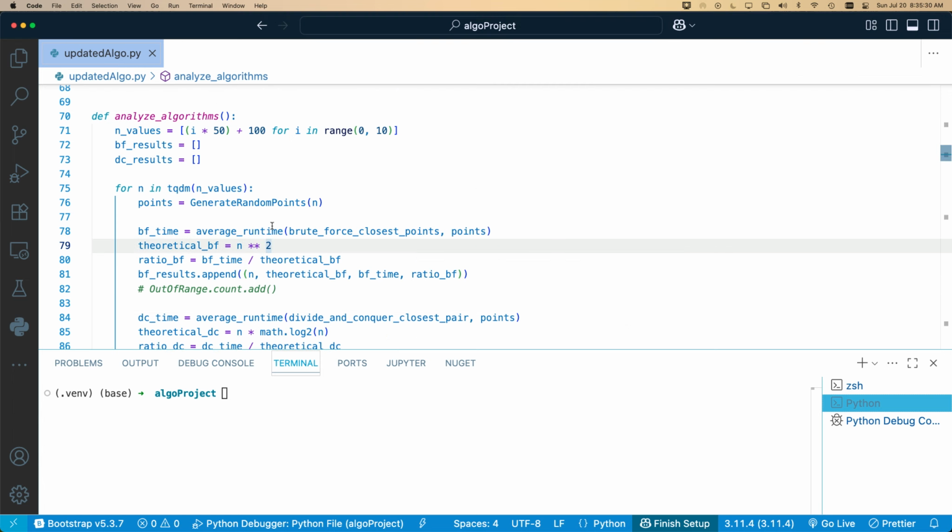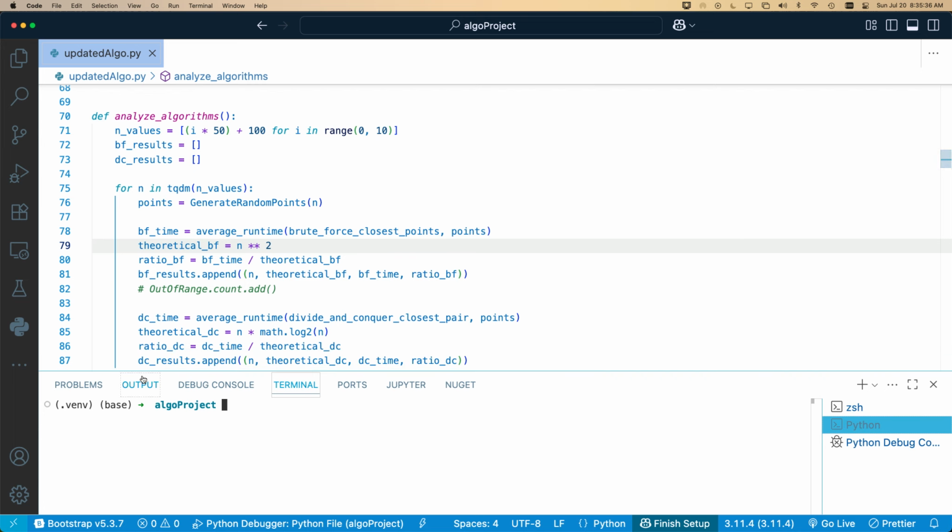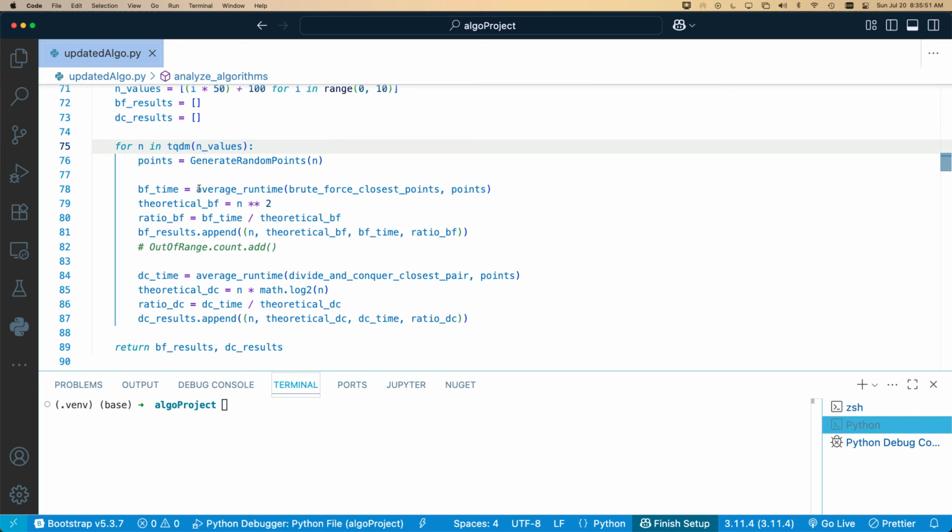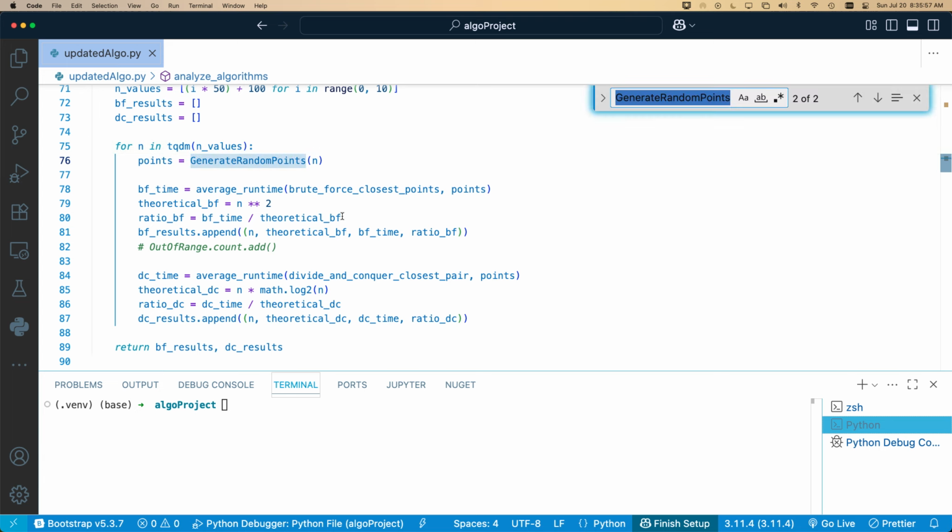So here we are in our project. As you can see, I have our virtual environment activated, and I'll go ahead and run through the program a couple times so you can see how it works with a much smaller sample size for it. And as you can see here, I use a generate random points function, which is only